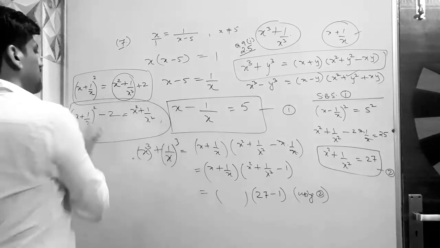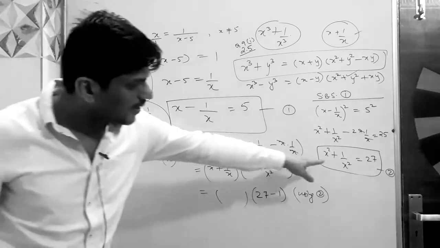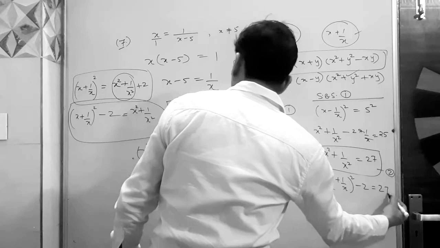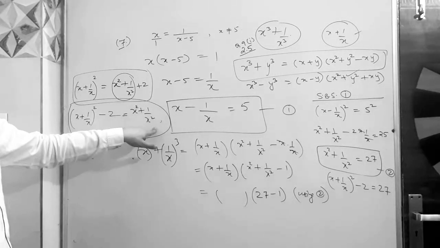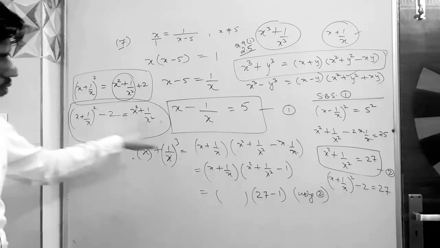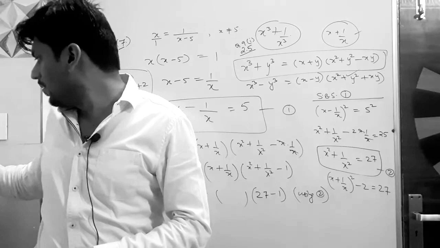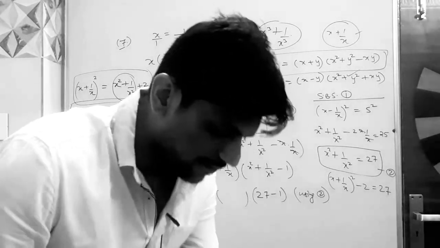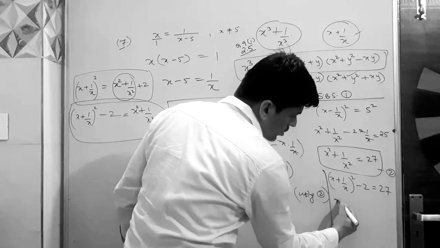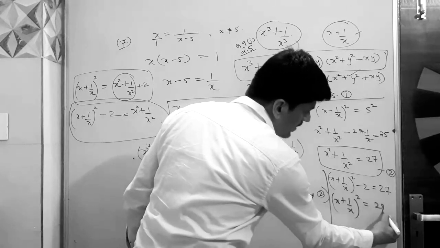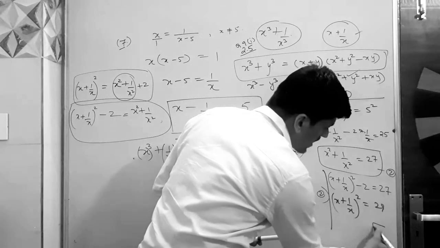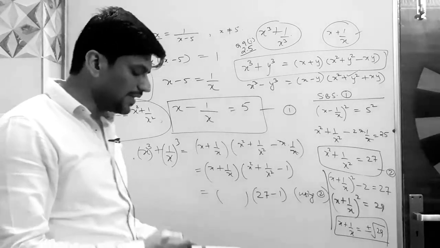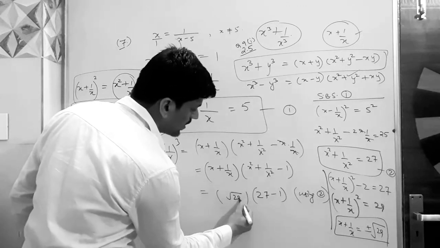So using this fact and substituting this value here, I can find out (x plus 1 over x) to the whole square minus 2 equals to what? 27. Okay, we took the value of x square plus 1 upon x square from here as (x plus 1 upon x) to the whole square minus 2 and put it there. So here we put the value. So (x plus 1 upon x) to the whole square becomes 29, 27 plus 2, and this square goes to the root, so 29 with plus and minus. So x plus 1 upon x is plus minus root 29. So here you put its value, plus minus root 29.